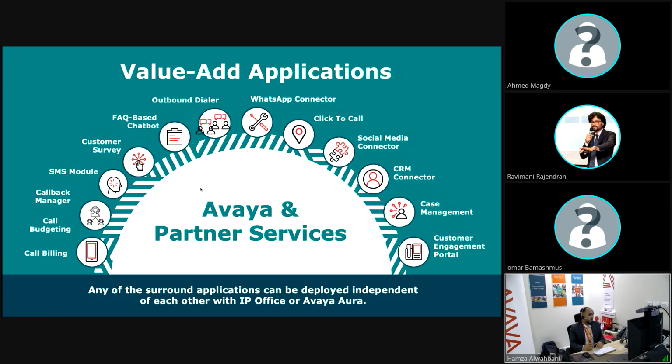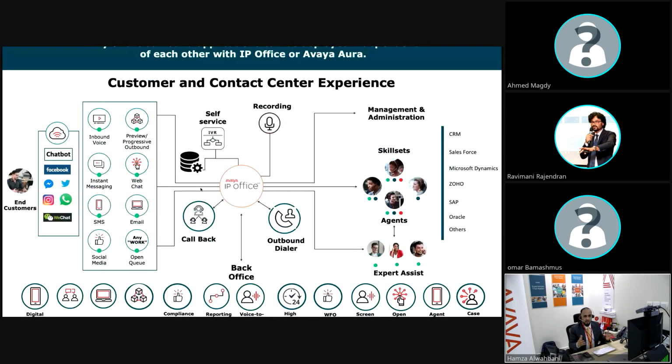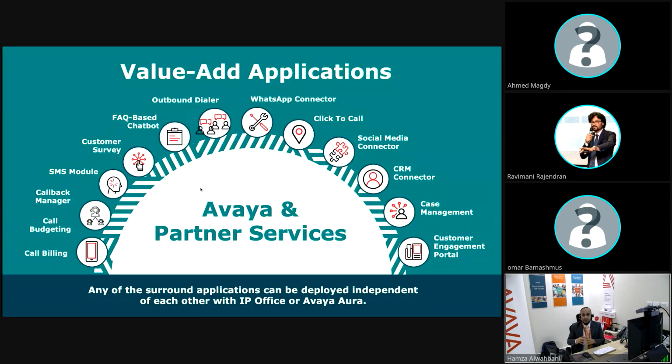Very easy applications. But the survey sometimes requires meetings to understand when we can do the survey, if that automatically depends on some transactions. But if it's an after-call survey, that's not required, we have a separate model for the after-call survey. Callback manager, very easy. Call billing, very easy. CRM sometimes requires discussions if there are requirements from the customer, not only to show automatically